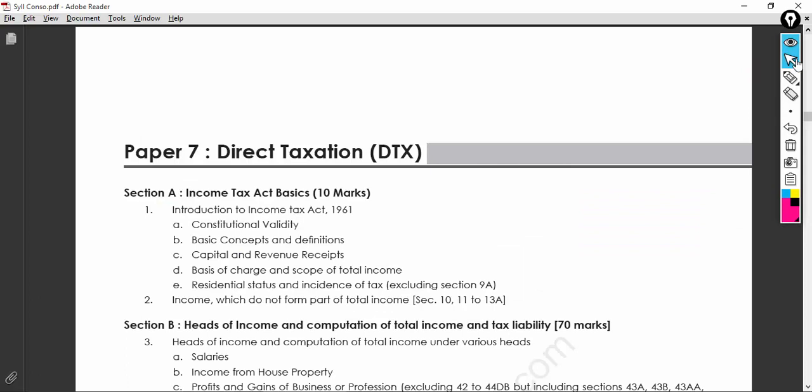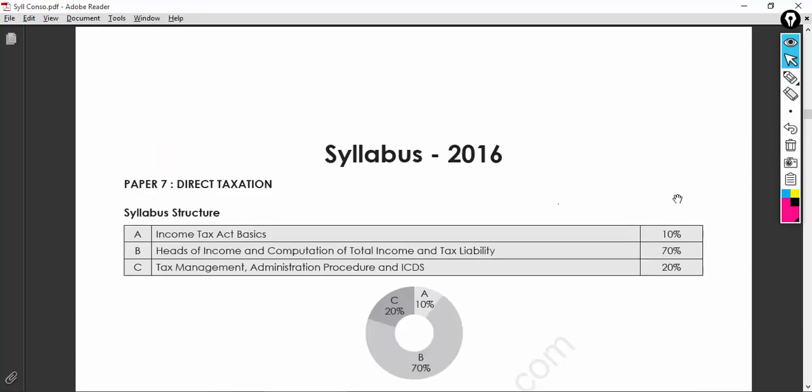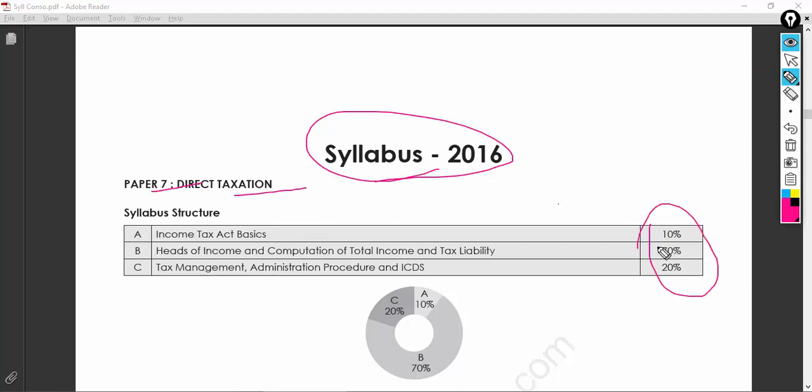Having said that, if I see the subject paper 7, which is direct taxation, we have all the tax laws related to direct taxation in the Indian context. So this is direct taxation paper 7, syllabus 16. The 100 marks split into 10 marks for the Income Tax Act basics. I would suggest it is easy to get these 10 marks, guys, if you put in the complete effort to understand the basics of